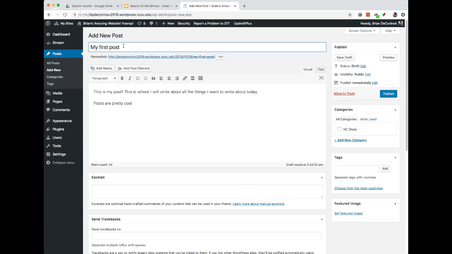And so you can see the URL for this post is just underneath. It's labeled as permalink, so it's a permanent link to this post. And the link to this post is http:// the name or the domain that I selected for my website, bpdecani November 2018.wordpress.ncsu.edu/ and then the date of today's post, 2018/11/28, and then slash, and then it's taken my title up here and converted it into a